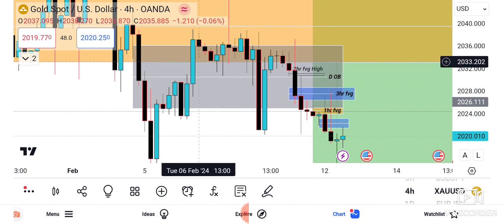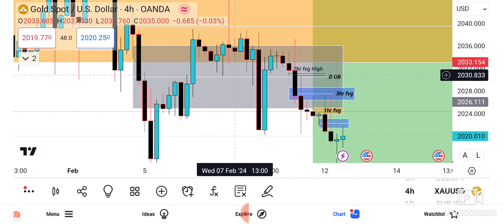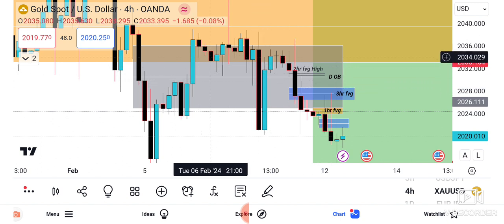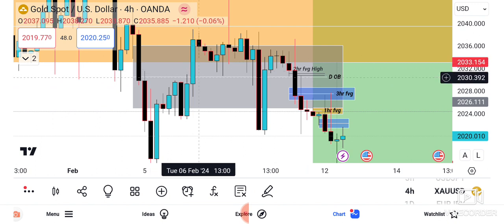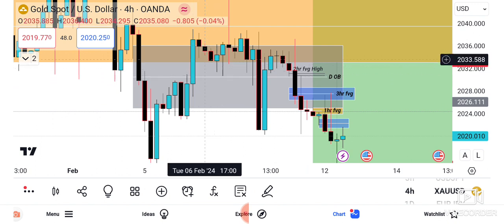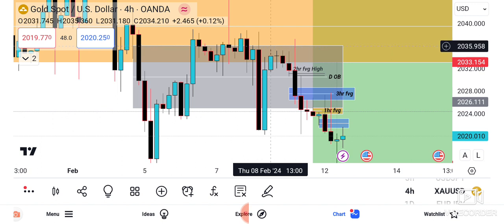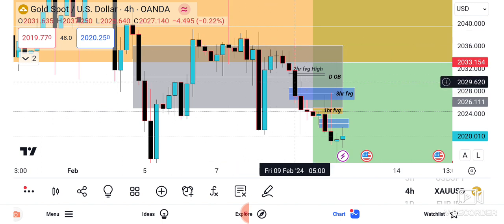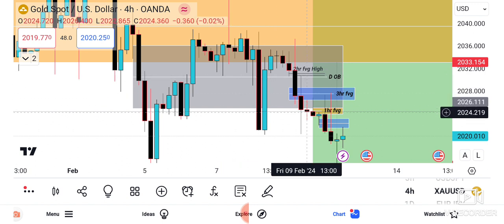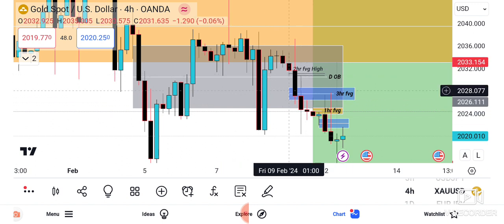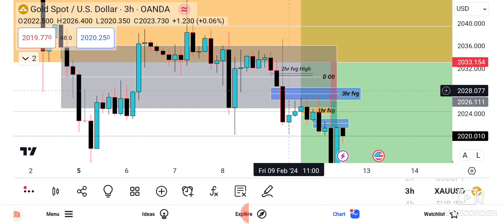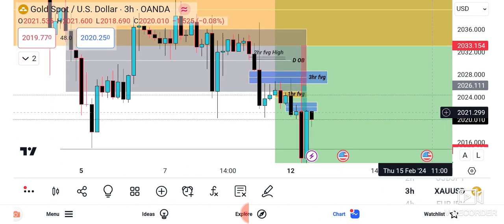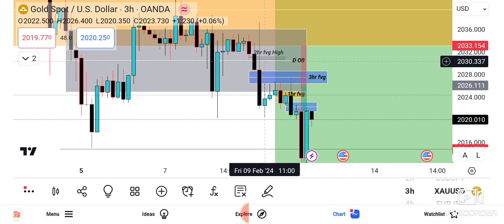We also have an inversion fair value gap here. We have this candle closing below it, and also this candle closing below this fair value gap that I didn't want to draw and label because my charts will be messy. So yeah, we saw these movements. So to me, I wanted to catch a sell because everything to me is proving selling opportunities. So I dropped to the 3-hour time frame, and what I noticed is we had this fair value